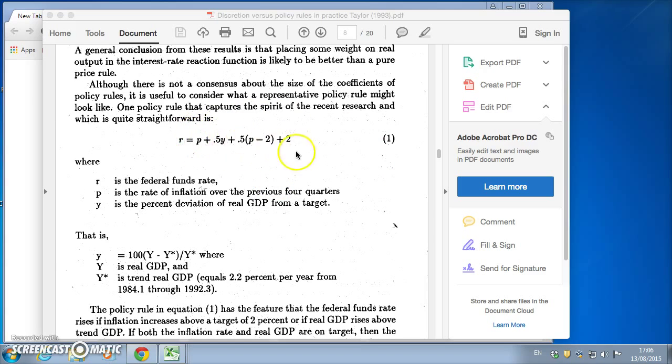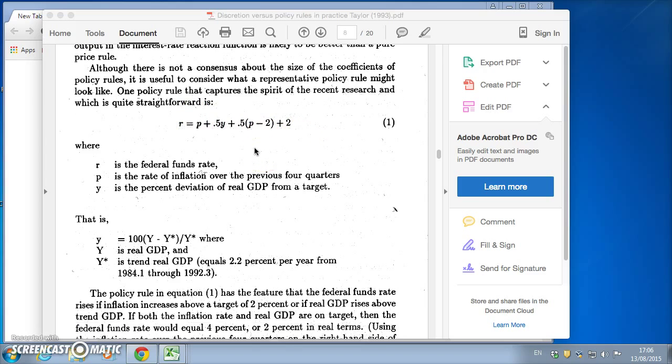if we take this as a summary of what subsequently came to be known as the Taylor rule, in effect we have the Fed funds rate, so the policy instrument, should be equal to inflation plus 0.5 times an output gap plus 0.5 times an inflation gap, where P again is inflation minus a policy target of 2, and then 2 is a kind of equilibrium interest rate, where other things are in balance. So Taylor